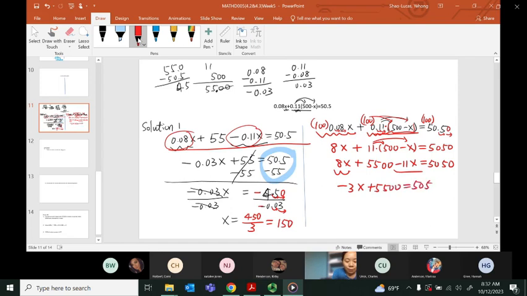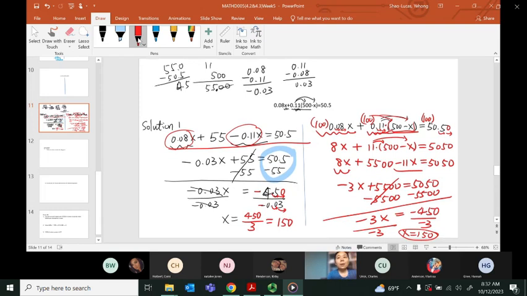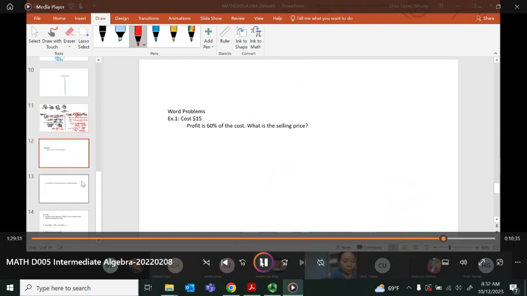Okay, so you are going to subtract 5,500. And you are going to get negative 450 and divide both sides by negative 3. That gives you 150. All right. Both ways are acceptable. So lastly, we just look at the